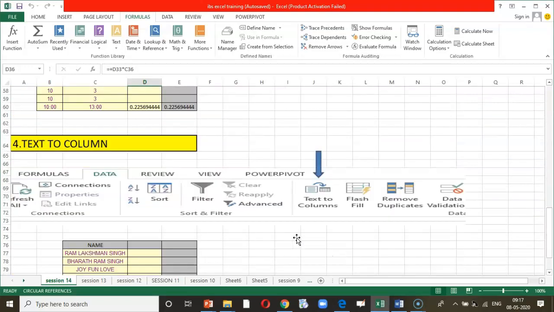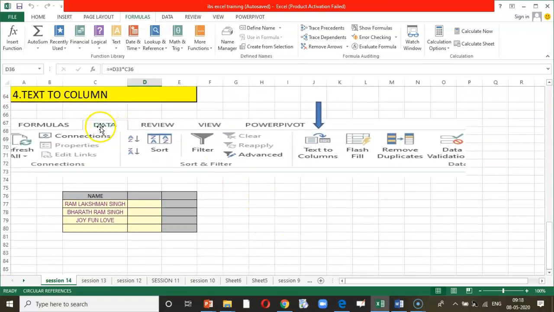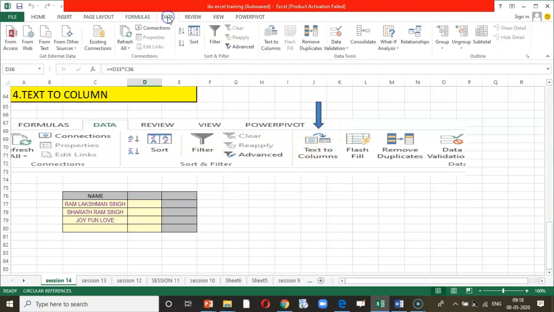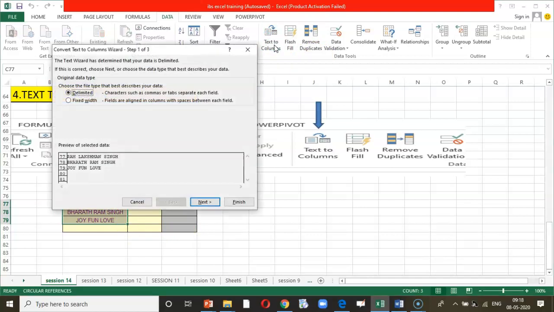Consider this with the example. I have marked here, for the ease of understanding, text to columns. So click on data, select text to columns. Before that, in my data set, if you observe, I have names which have to be separated into 3 columns. So keep the next 2 columns empty or prepare columns so that the data can be spaced out. You have to prepare the columns and then cover the data. After that, select text to columns.